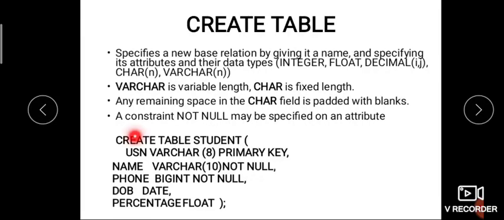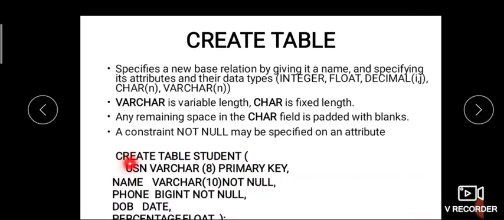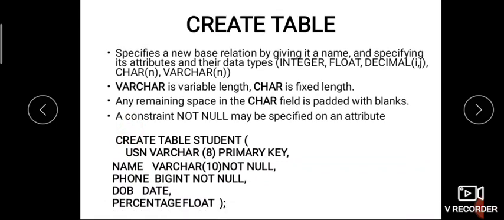First, create table is done with create statement. Create what you are creating? You are creating a table. Name of the table is student. Open the brace, then start listing all the attributes, along with the data types and the sizes and some constraints. See, this not null, primary key, all those are called constraints. Some rules, some restrictions you are setting for that particular